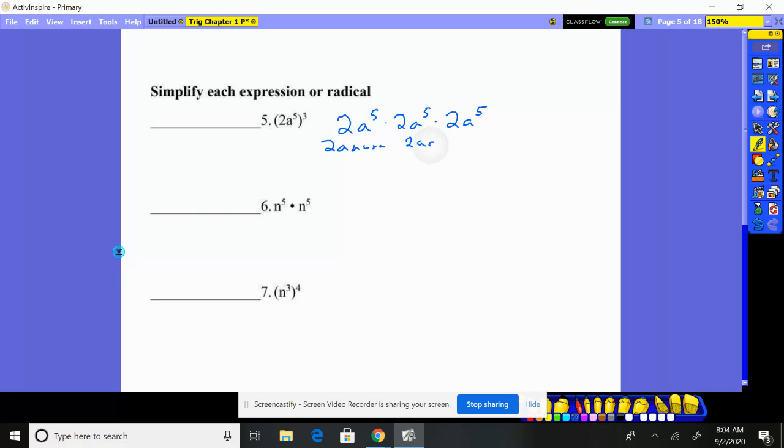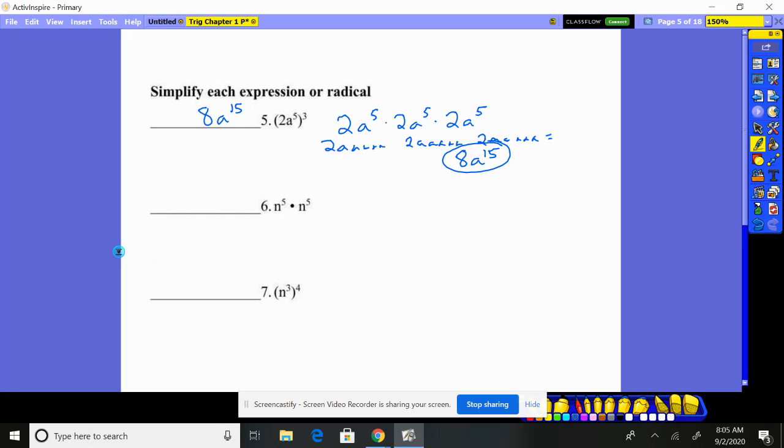2a, 2a, and one more. You should start being able to sort of see, oh, I have 15 a's there. But again, if you mess this up, you're best to just always make yourself write it out. 2 times 2 times 2 is 8. And then again, you have 15. So it's 8a to the 15th